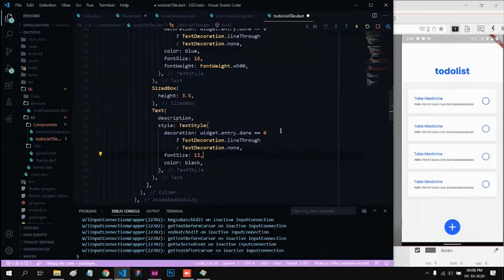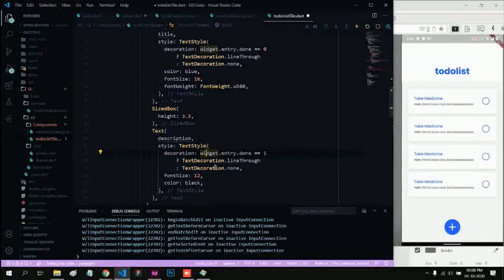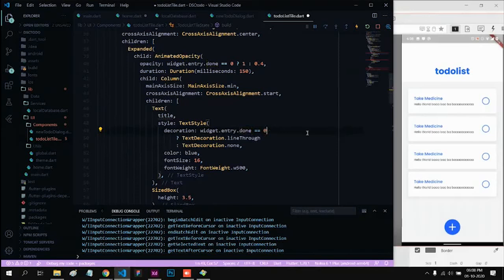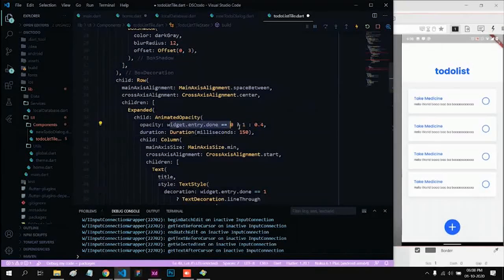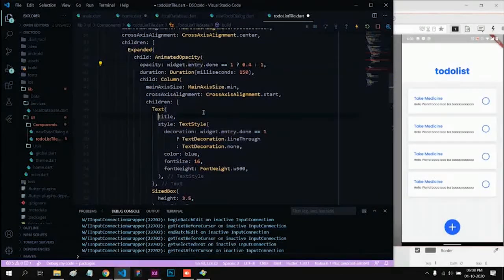Widget.entry is false. Okay, if it is true over here, which is 1, it will do the line through, it will cut the text. But if it is false, it won't cut the text. And over here, it is the same thing, 1. But over here, if it is 0, it will show the full opacity, it will show the full thing, otherwise it will show the faded one. Or let's just program it according to that. If it is equal to 1, it will show 0.4, else it will show 1. Opacity, right? Opacity is the transparency. So if it is done, it will reduce the opacity, else it will show the full opacity. And now over here, we have to do